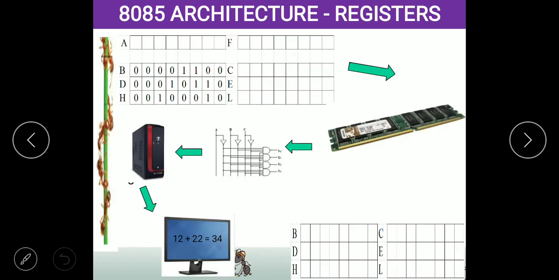And we discussed something like this. Suppose you give some data on the keyboard, it is converted into binary, it goes to the CPU, then to the RAM. From the RAM, it goes to the register. From the register, it goes to the processor. In the processor, some arithmetic and logic operations are performed. The output of this operation is again stored in the register. From the register, it goes to the RAM. From the RAM, it is converted into a decimal number. Then it is displayed on the monitor or stored in the hard disk. This is the process that happens. For that only, we are using the registers inside the processor.